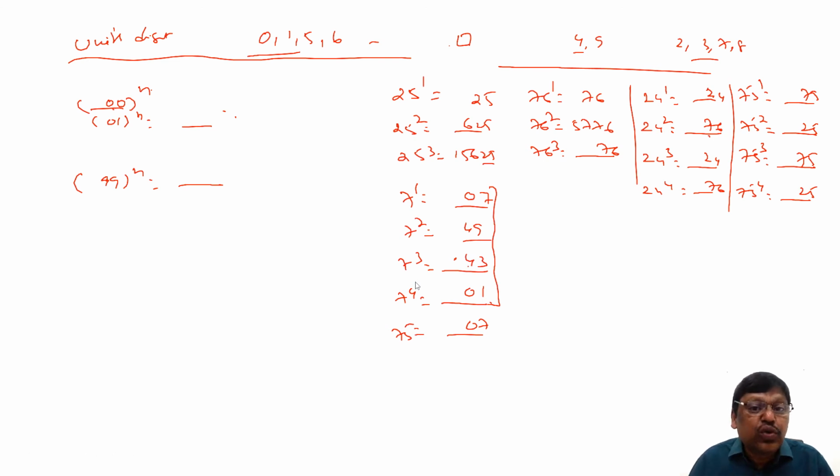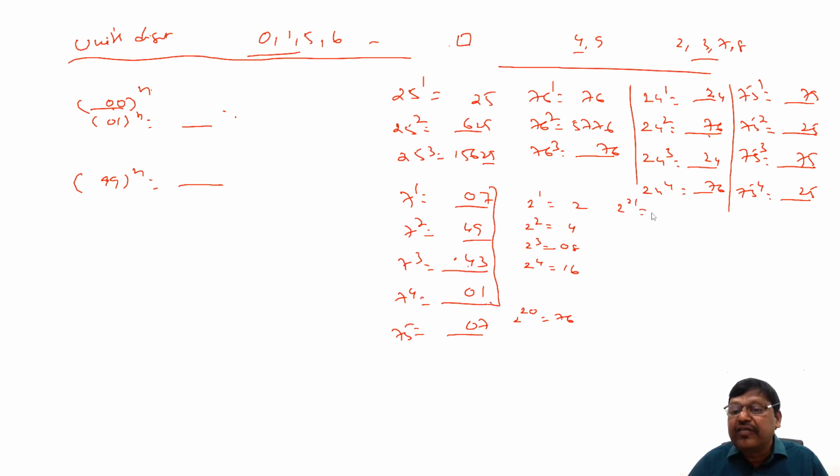Then there are numbers like 2 which repeat after 20 places. 2 power 1 is 2. 2 square is 4. 2 cube is 8. 2 power 4 is 16 and so on. If you write till 2 power 20, it will end with 76. 2 power 21 will again end with 52. 2 power 22 will end with 04. 2 power 23 will end with 08 and so on. Only 2 power 1 is an exception with 02, but otherwise 2 power 21 will end with 52. 2 power 41 again will end with 52. So every 20 places it repeats.